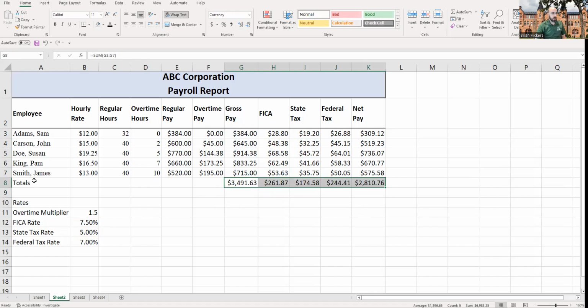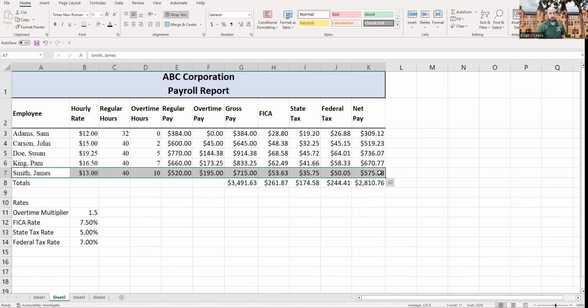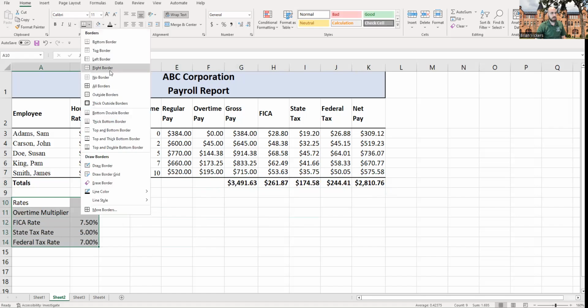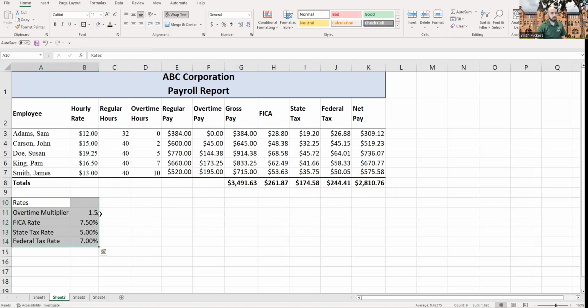All right, what else we need to do on this one to make it look a little nicer? Let's put a thick bottom border underneath the last name here. So right above the totals row, we'll have thick bottom border. And then totals, let's go ahead and hit that in bold. All of our totals, let's put all those in bold. That looks good. And then our rates, let's do a thick outside border on those. And then maybe we will merge rates together. How about that? Let's merge rates together and make the background color look a little nicer. How about this green color here? And maybe border around that. So there's all my rates,